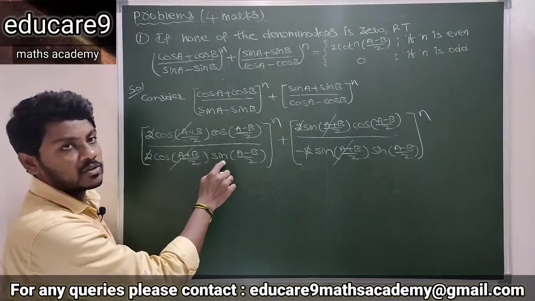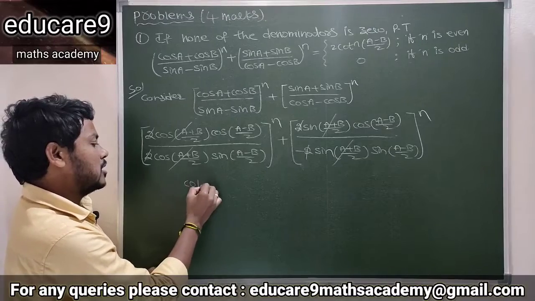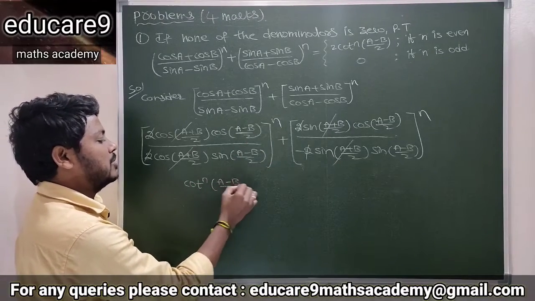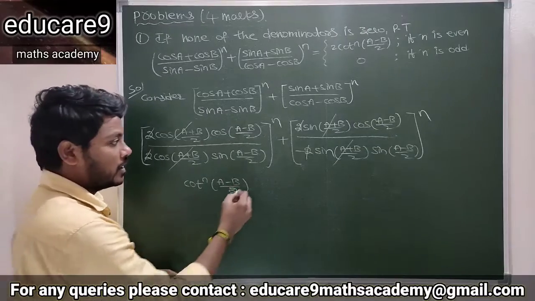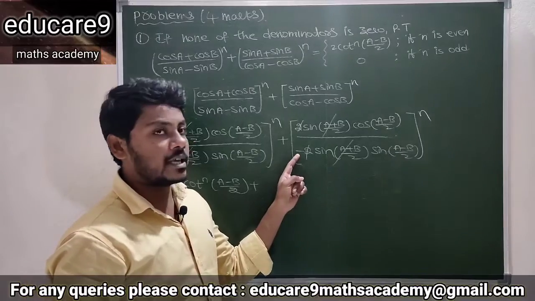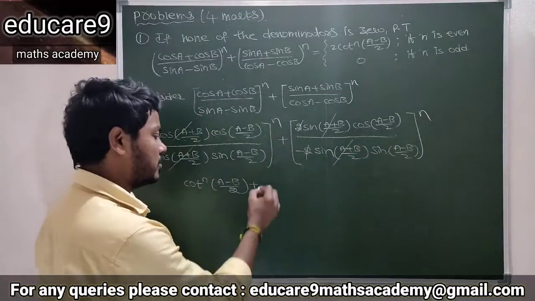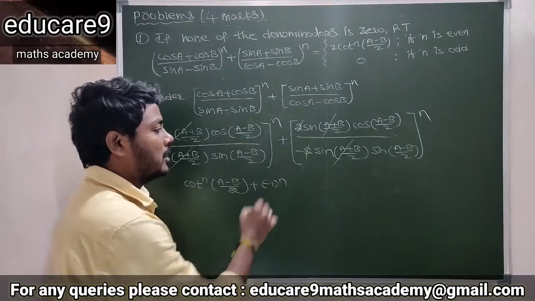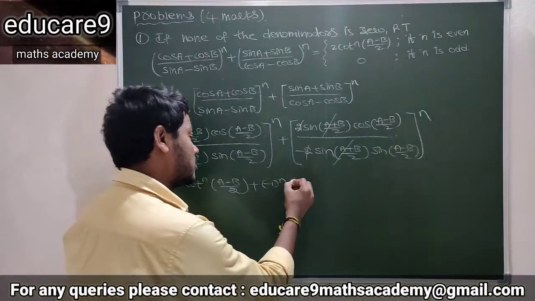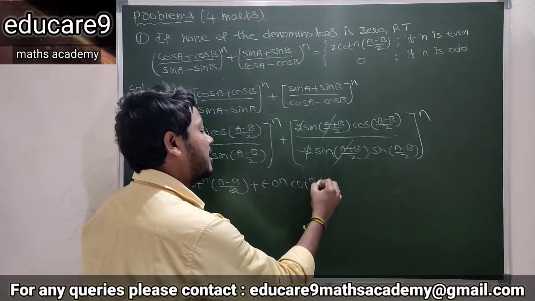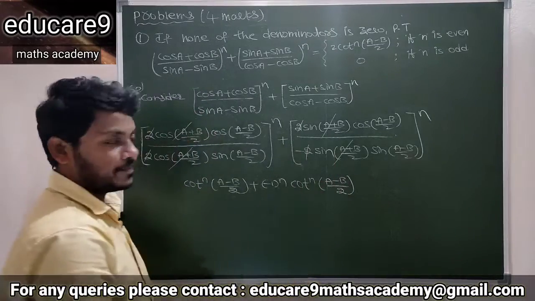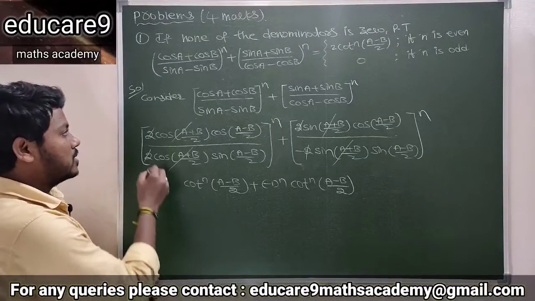Now cos by sin is cot. So this is cot power n of (a minus b) by 2. And here, minus is there, so minus 1 whole to the power of n, and the remaining cos by sin is cot power n. So cot power n of (a minus b) by 2. Okay. So